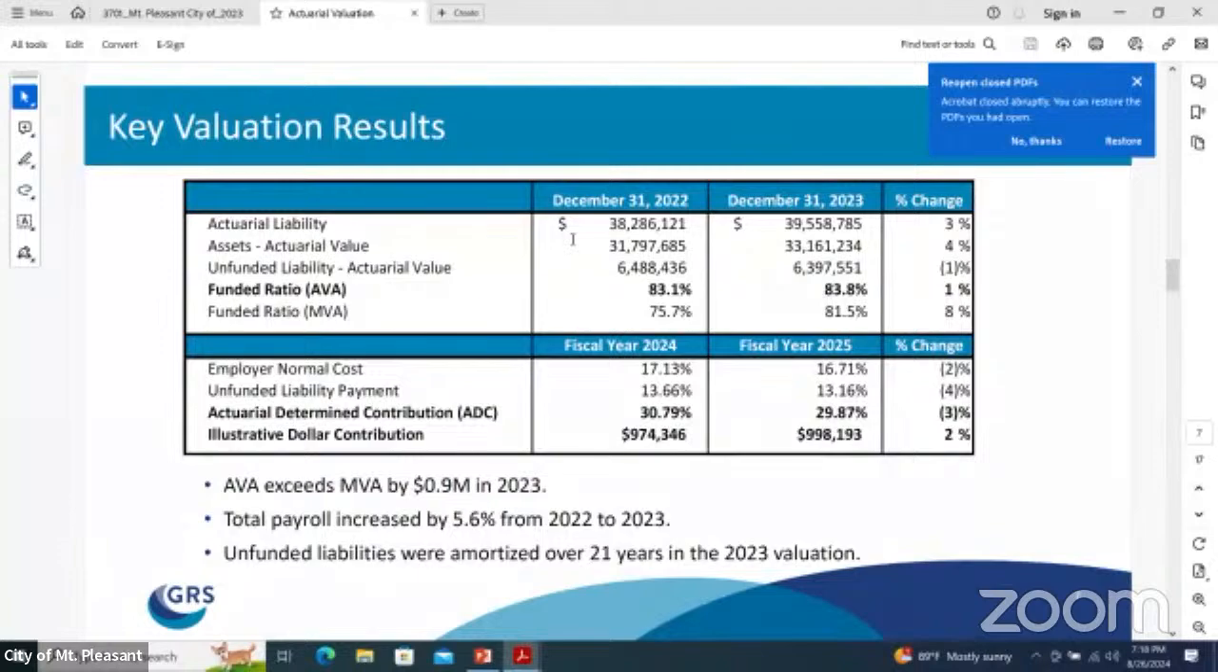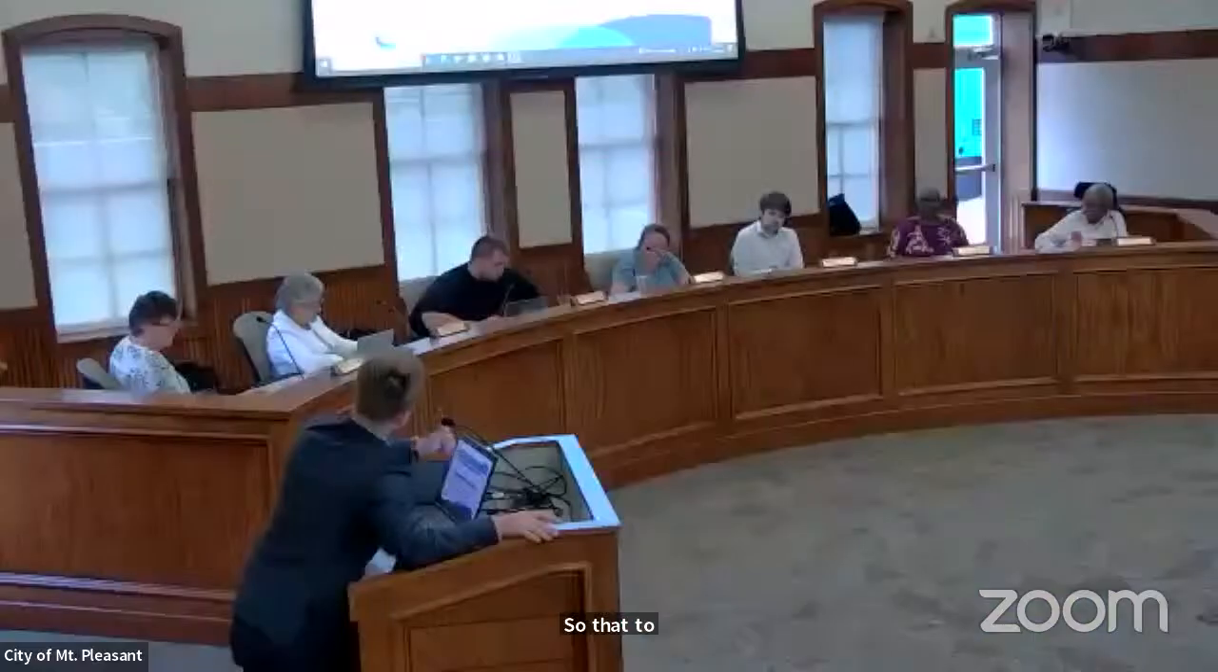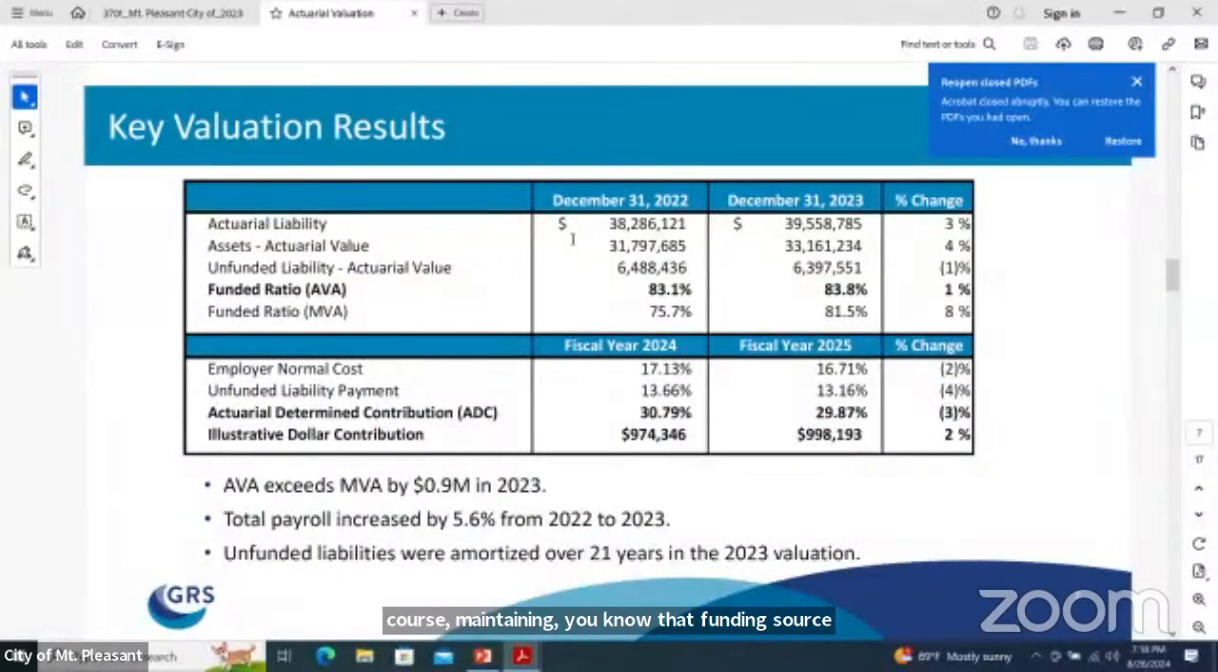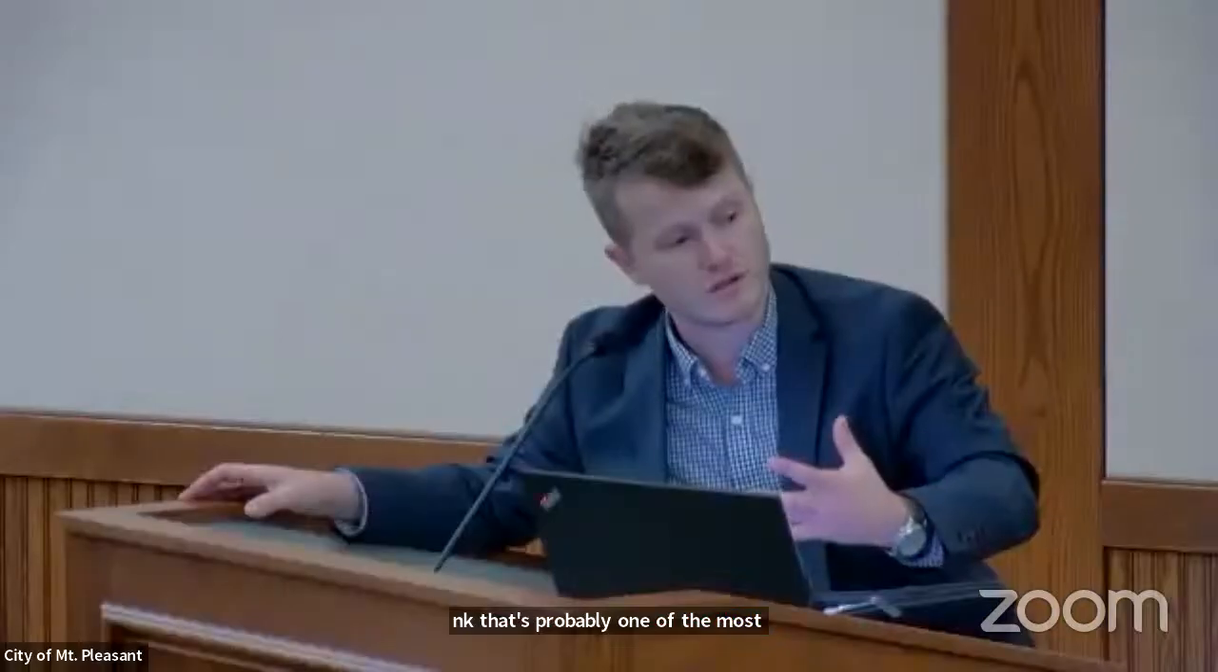As I said, $2.4 million in benefits going out the door each year, and we've got over $33 million in there right now. So we're not in any kind of liquidity issue. So, to your point, I think we just stay the course, maintaining that funding source. And also, I think what we're doing here today, talking about it, is probably one of the most important things one can do to keep up with all this,